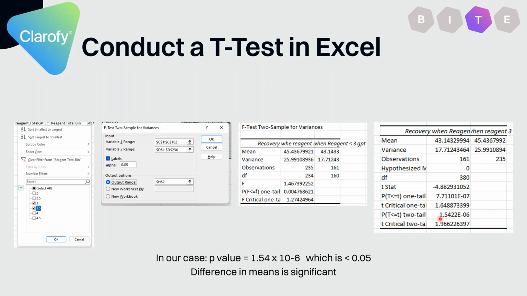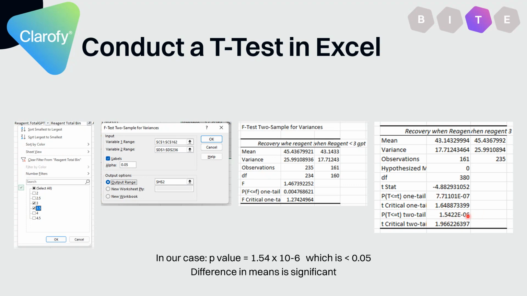If the p-value is greater than 0.05, and 0.05, by the way, is your alpha here, that means you're doing a 95% confidence interval. That's the most common one, so you can leave it there if you're not sure. If it's greater than 0.05, there is not enough evidence to say there is a difference in the means. So there's not enough evidence to reject the null hypothesis, if you're familiar with that terminology.